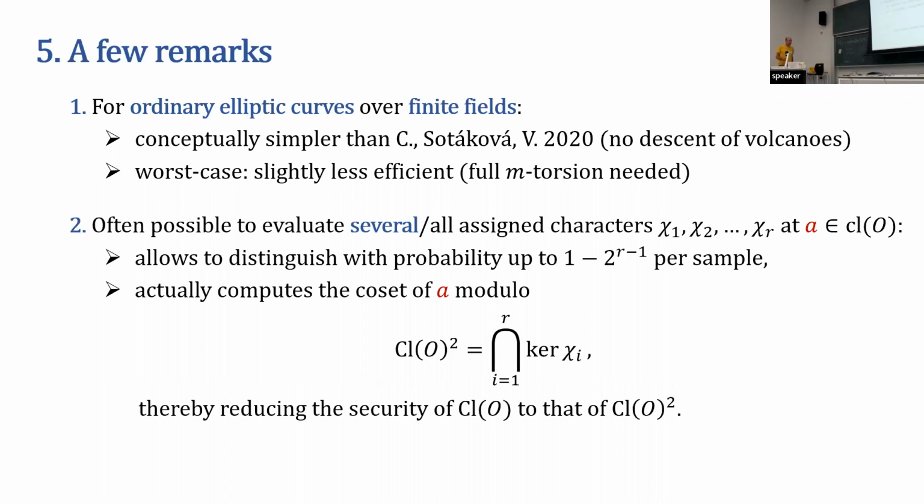Okay. Now, in the previous slides, we always focused on one character. But imagine you can play this game for all the assigned characters. And what you basically do is you compute the cosets of the secret ideal class A modulo squares in the ideal class B. Now the likeliness that you can do this is not very high because